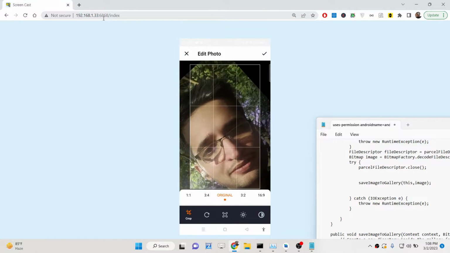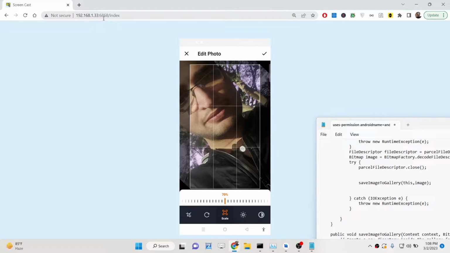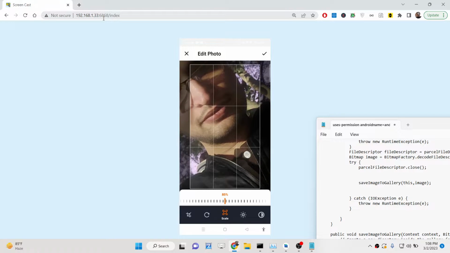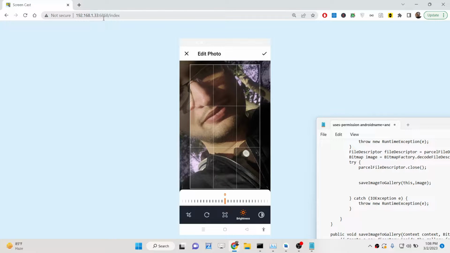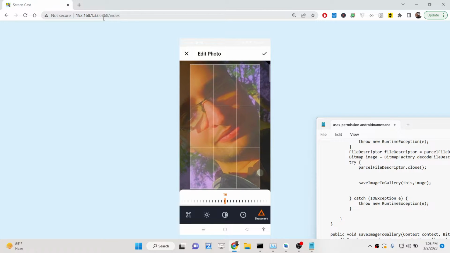So now a lot more options are also available, guys. You will see you can rotate this like this also. You can also scale it by this scale parameter. You can change the brightness of this image. You can lower the brightness, change the brightness. You can even edit the contrast of the image as well. All these options are available. Saturation, you can even control the saturation of the image as well. So this is an all in one image editor, which allows you to crop images as well as do that fancy